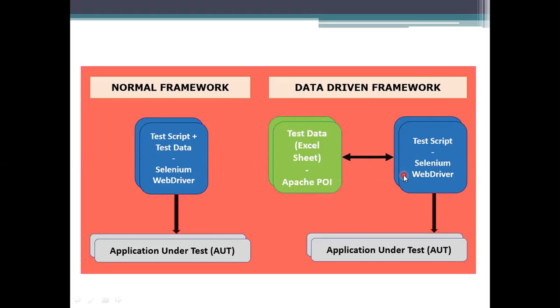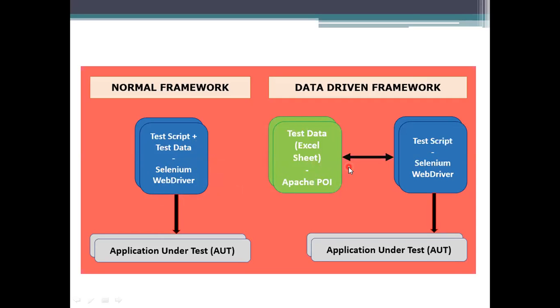the difference here is we are maintaining the test data, whether it is Excel, CSV or any other source, in a separate form, and the application we are taking under test will be processed. So here we won't pressurize the WebDriver to take the data and the script to be processed on that. What is doing the main thing for the processing is data. Means we may have small data sets or large data sets. So we need to maintain these data sets separately, and for that data set, we are checking that script here.